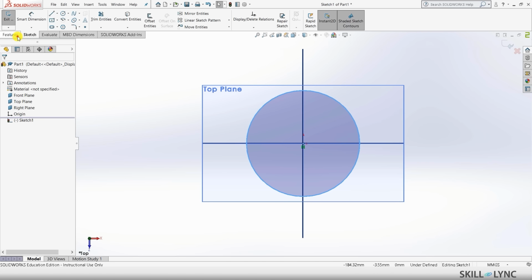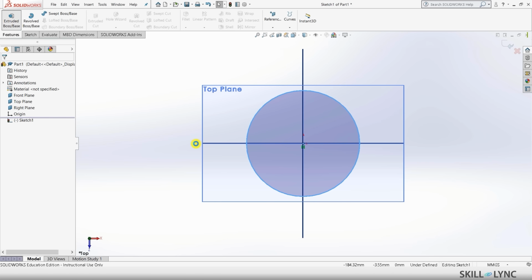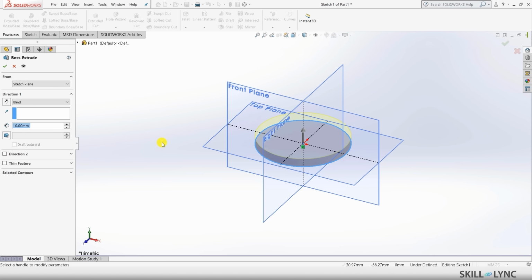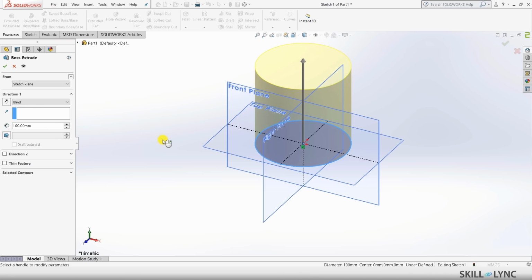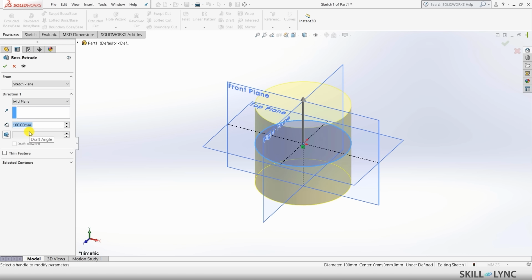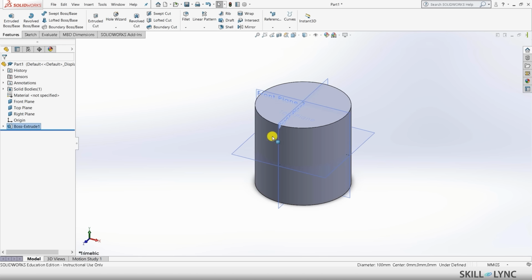Okay, so this is made. Let me go back to extrude and we'll make it 100 through mid plane so that we get equal 50 mm on the top and 50 mm on the bottom. And let's press tick. Okay, so we have our cylinder over here, and let's now perform the simple static analysis